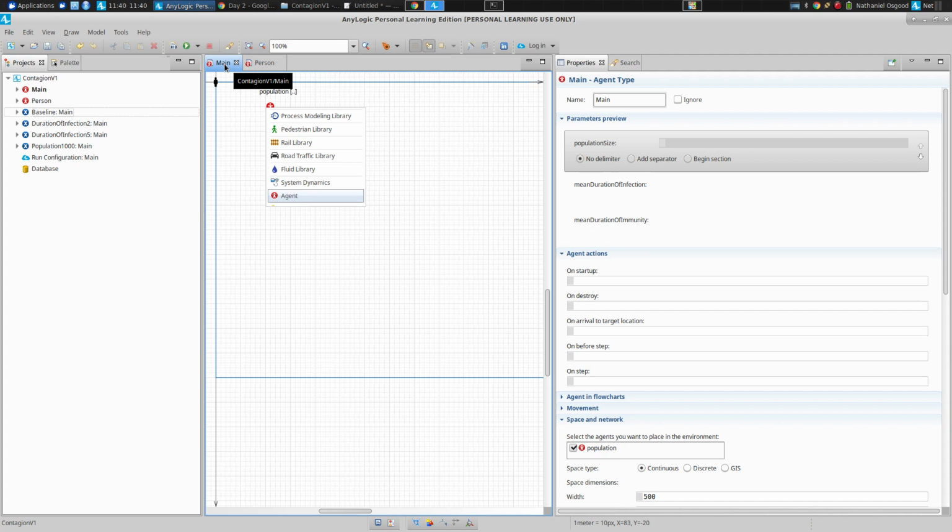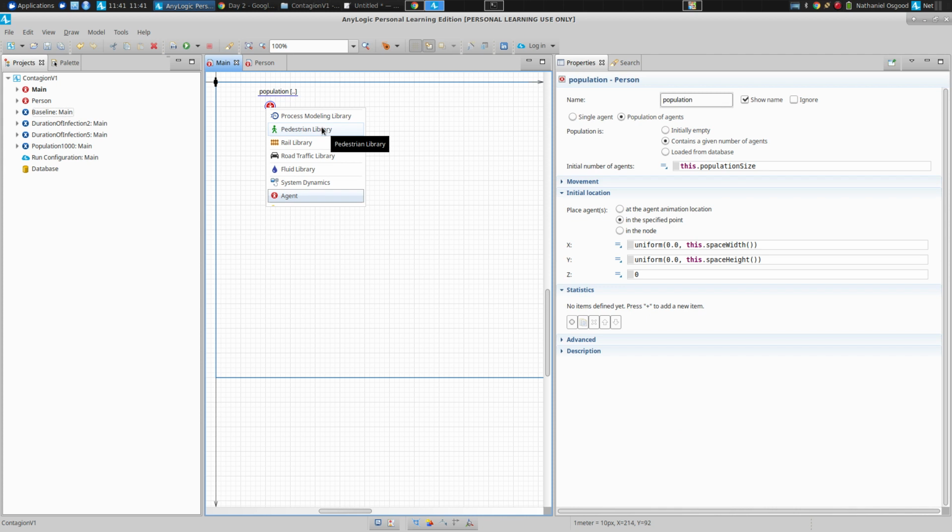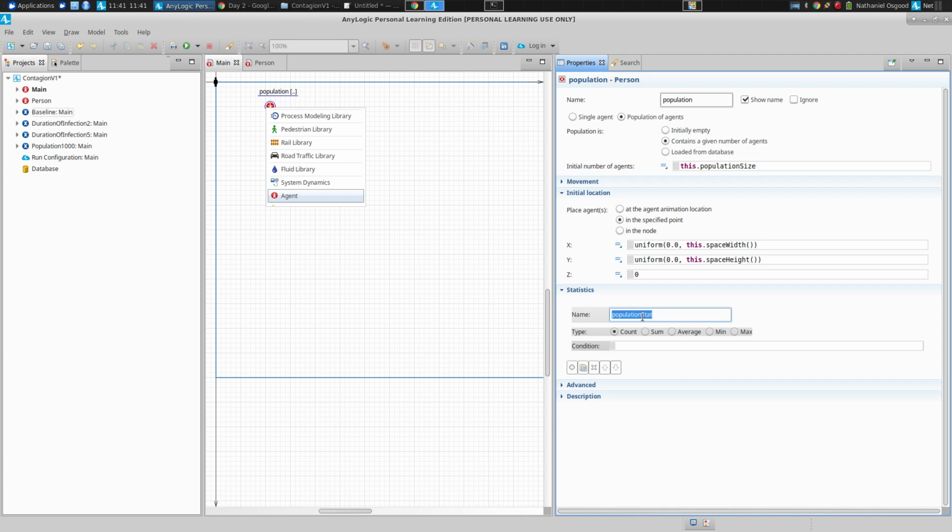If you go to Main, let's have a count of the number of people who are susceptible and infected. Shall we not? Let's just do a number of infectives. Be easy enough. So I'd like you to go click on the population. What do we need to add to the population to have it capture the number of infected people? Anyone? Yeah, we want to add statistics, ladies and gentlemen. Statistics live in the population. So we go to the population, we're going to say a statistic, and it's going to be,